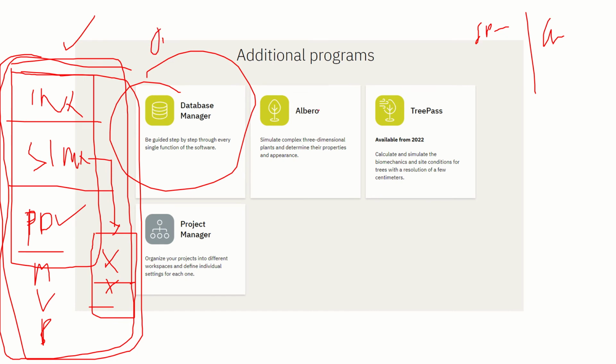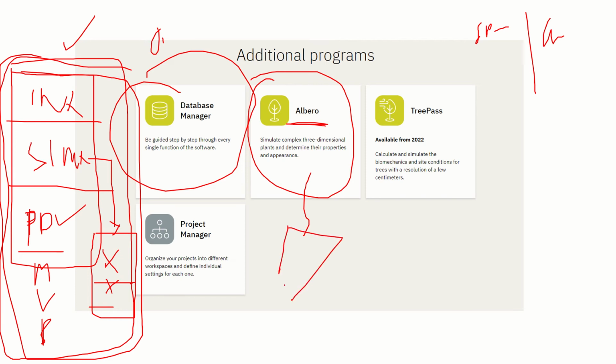But just remember to follow the process, so that we don't lose the data set. This is one thing. The second thing is there is a specific tool added to this. It's called Albero, where you can model the trees. How do we model the trees? A landscape student will be in a position to tell us, but I will tell you whatever I know, a little bit about plant characteristics, and how the software takes into consideration all the modeling. So I'll speak a little bit on that, so that if you have custom trees and specific trees from the case studies, you know how to translate that into a